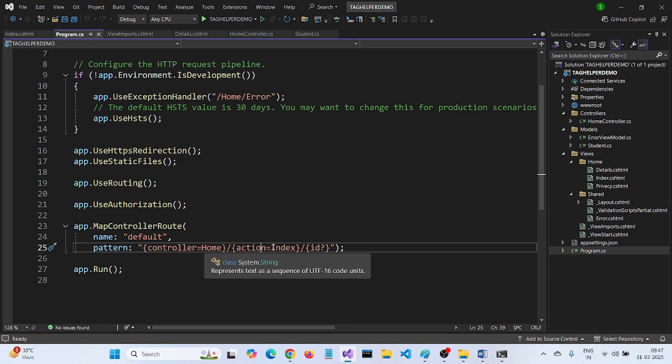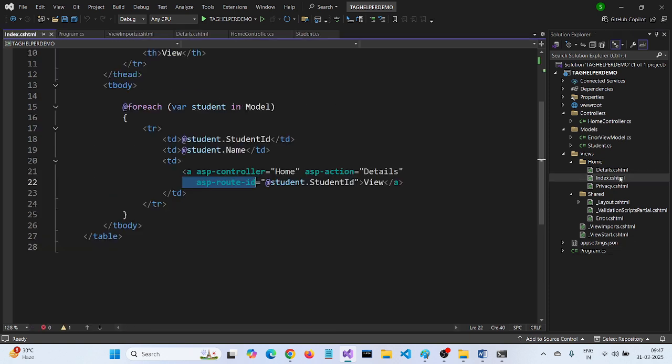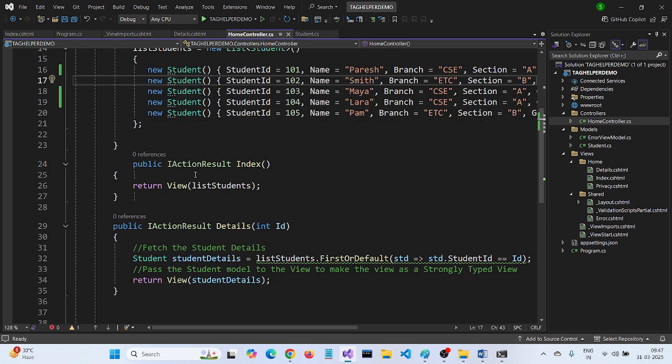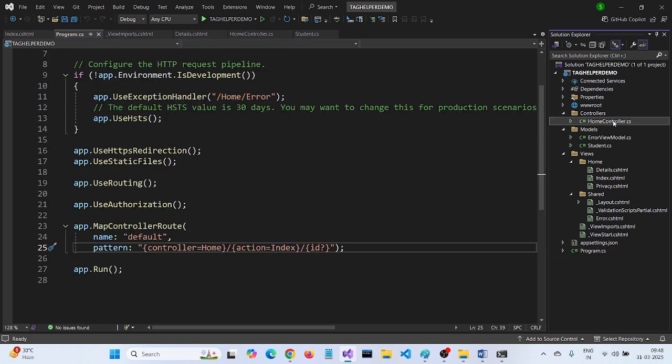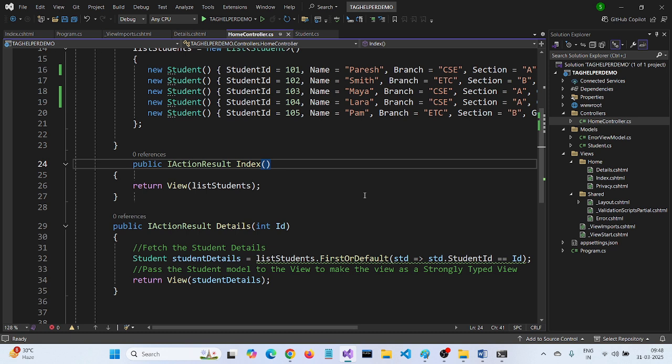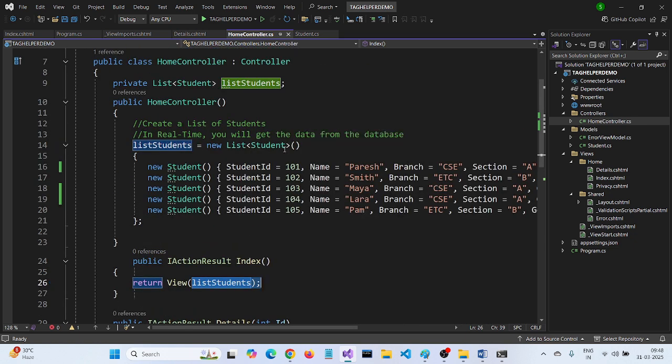Now we know that whenever you run the page, the index page is displayed by default. If you see the home controller, this index view comes automatically because we have mapped it in the routing here. Now again come back to the controller. Whenever we are passing the index, we are passing the entire list to this, and by the time the list has been populated,